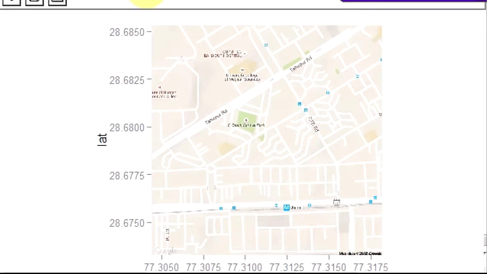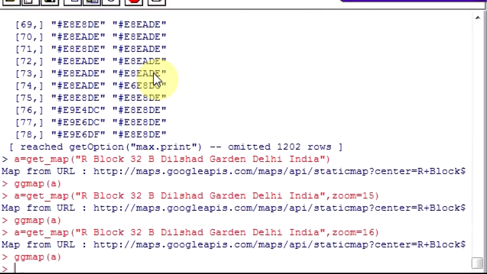What can I do with this? I can plot data on top of it. But I need to have data points encoded in terms of longitude and latitude. So if you remember the spatial things, I can say number of deaths, number of malaria cases, number of dengue cases. Doing this, I can find out where mosquitoes are or where the disease outbreak is.